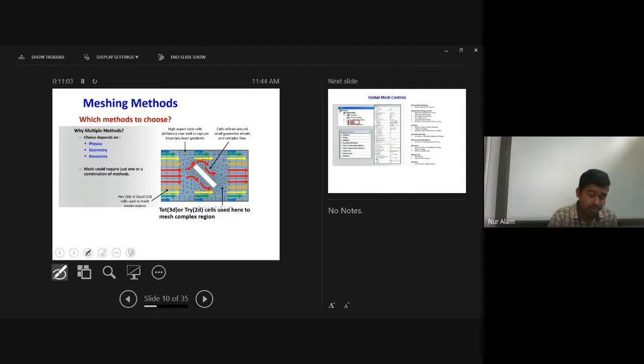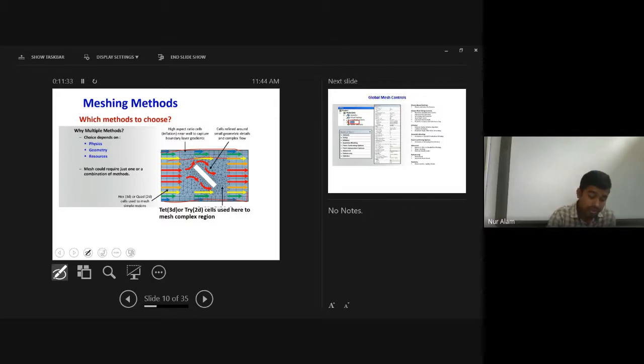Suppose your problem is something like this and your computational domain is like this. If you give a completely fine mesh, it will take more time. In order to reduce the time, you have to segregate or divide the computational domain, but you have to identify which part is your part of investigation.